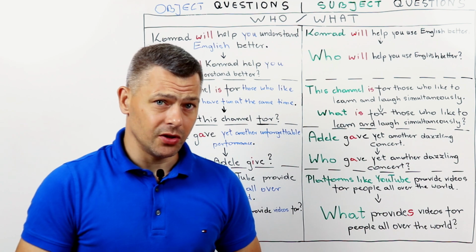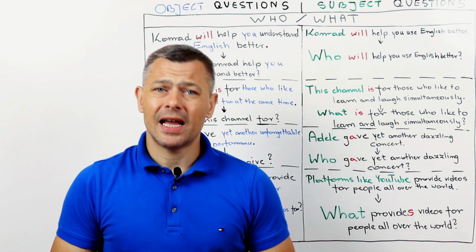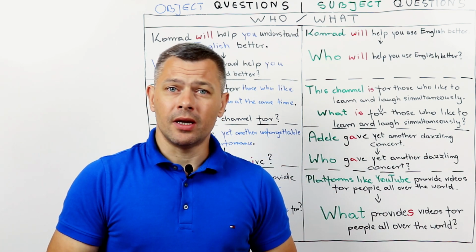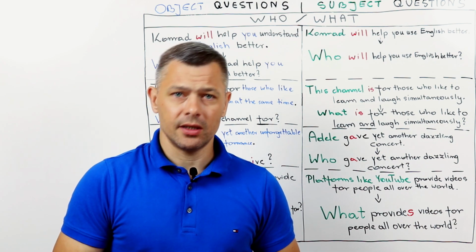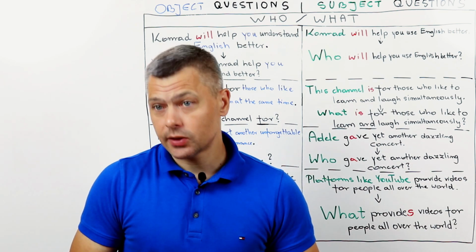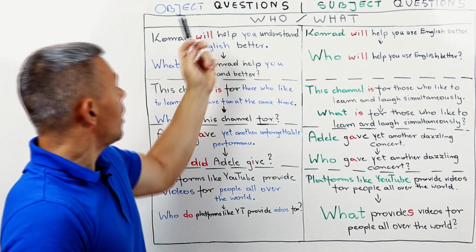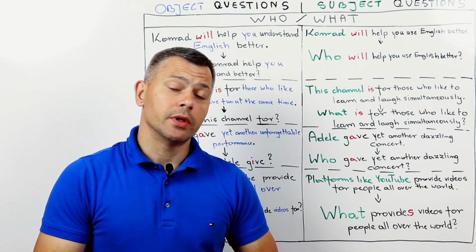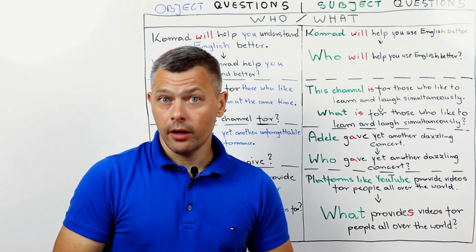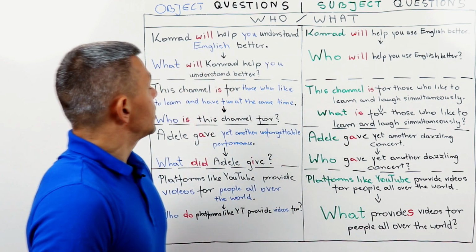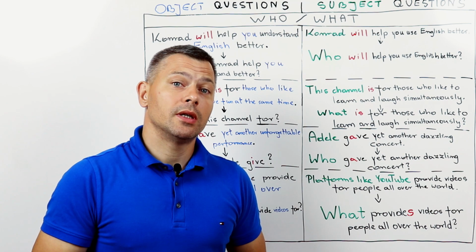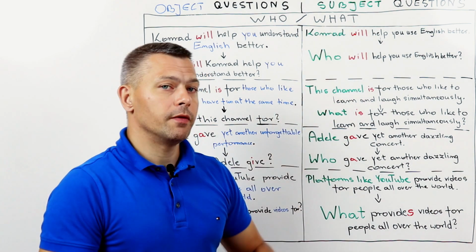Based on my experience, the biggest challenge when forming subject questions is not to do too much. Namely, not to invert, not to add an auxiliary, not to return to the base verb form in present and past simple tenses. During the learning process, a lot of attention, and rightly so, is paid to how to correctly form object questions. Thanks to what we have already talked about in the first part, you are probably starting to understand why. So why? Well, this is because so much has to be done for an object question to be correct. Consequently, when faced with the task of asking about the subject of a sentence, we tend